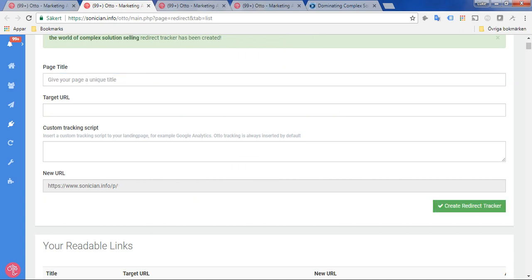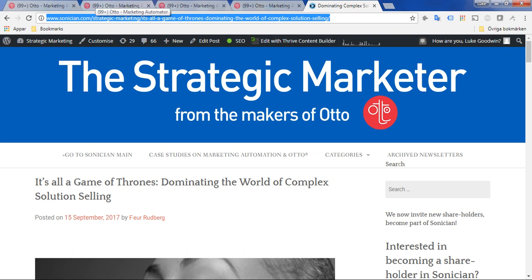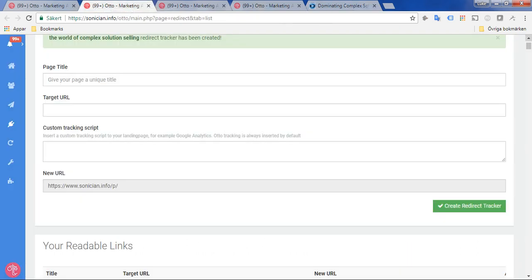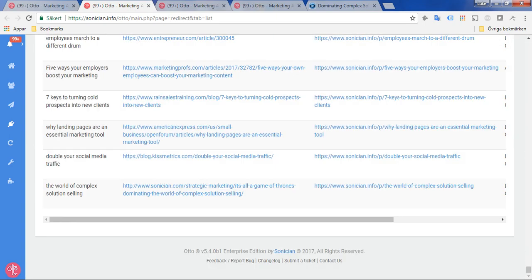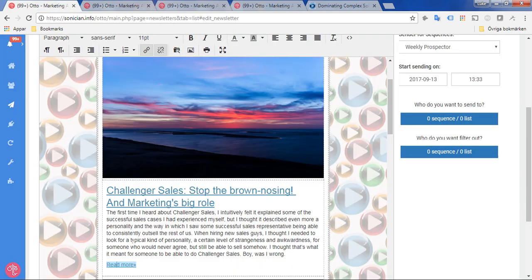So now that URL from this blog post has now been created into a redirect link. So we can track all of your auto contacts that actually click through that into another blog post. So now I head all the way down to the bottom and you'll find this new URL right here. So copy that. Head back